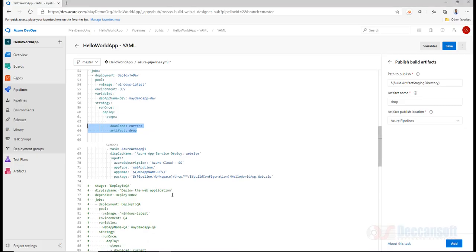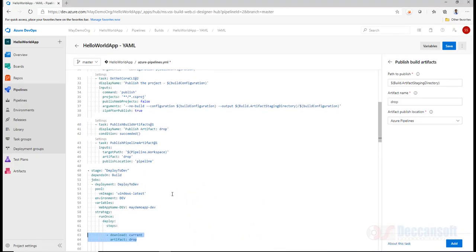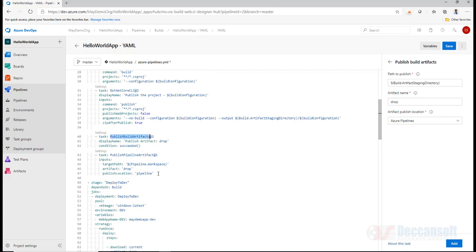Now, one small difference which I noted is this is publish build artifact. This is publish pipeline artifact. Here, the file or directory is workspace by default. So when you have file or directory as workspace, whatever is there in the pipeline, the whole thing will be published as it is. Artifact name is optional. You may or may not give it. And here also you have the choice of using file share. But it's always recommended to give an artifact name, not necessary though.